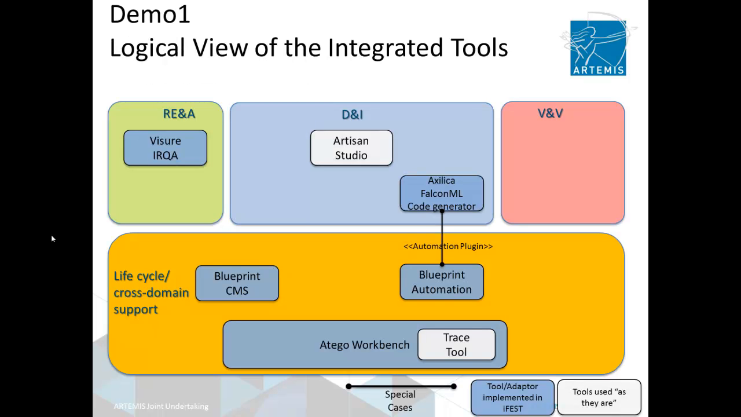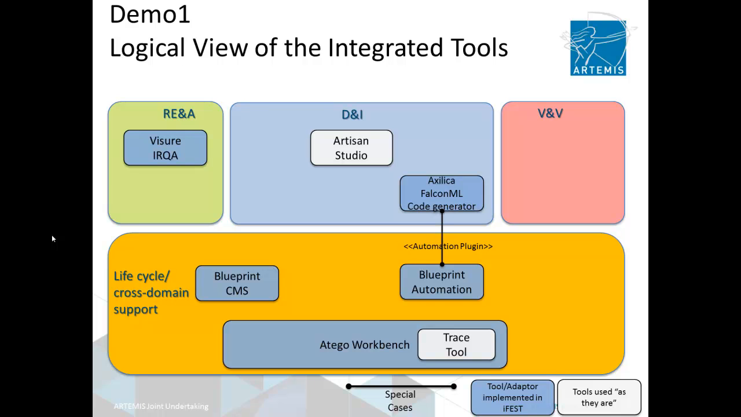This logical view shows the integrated tools in this toolchain. It includes IRQA for requirements capture and analysis, Artisan Studio for UML modeling and design, Falcon ML for model-based C and VHDL code generation, Blueprint Automation Server for automating Falcon ML, and Blueprint Configuration Management Server for the storage of